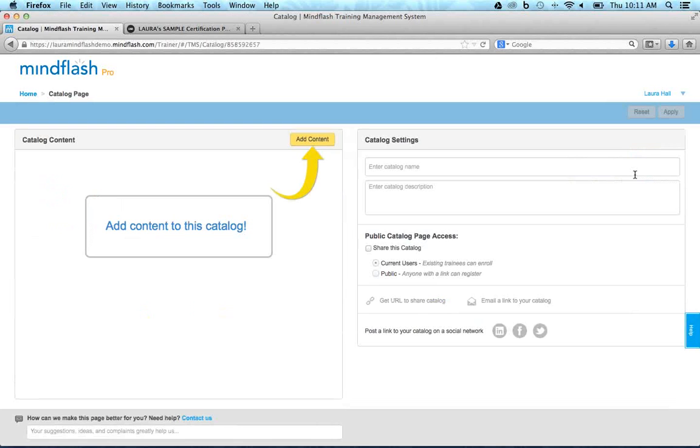You might have a catalog for internal employee training and just one for customer training. It's really up to you. Some of my customers have a catalog specific to partner and reseller training, and then they'll have a different catalog specific to customer training. It's very flexible. You could set it up really however works best for your company, but you'll go ahead and type in the